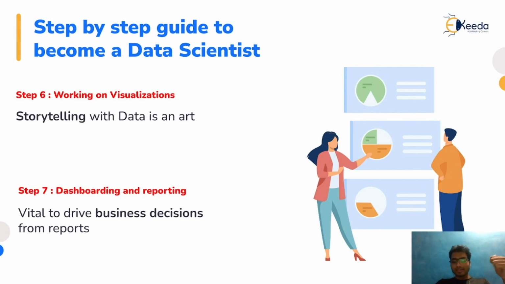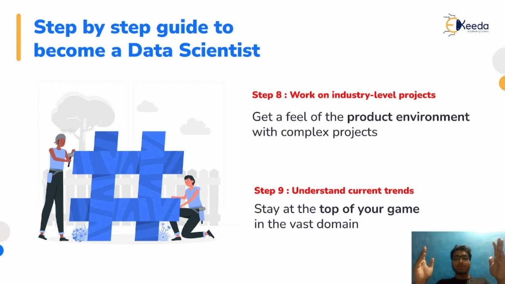So let's go to the 8th step. In step 8, you should work on industry level projects. Just imagine that till step 7 you have grasped all those tools and techniques, and you are well versed and proficient with them. But now you should be working on an industry level project. Why is that very important? In today's world, the data sets present on Kaggle or in some other hackathons are very clean data sets. And obviously you won't be able to get that high level of exposure to how exactly data science is performed at an organization level.